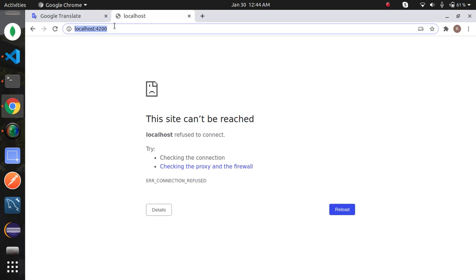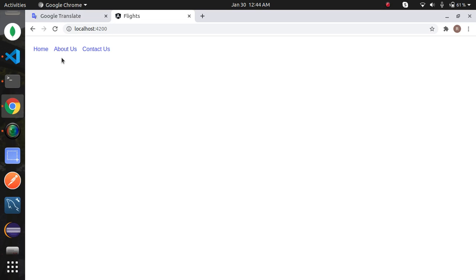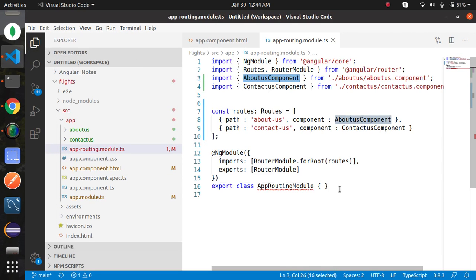Go to your browser, refresh the page, click on about us, contact us. Both routes working fine. So basically this is the general way to handle a route in the parent component.